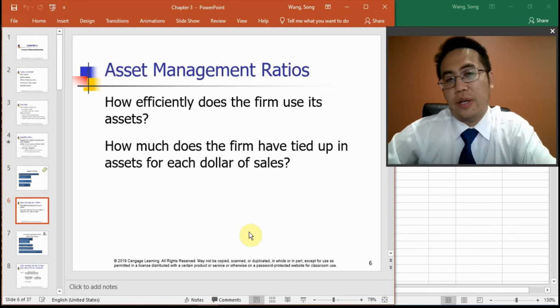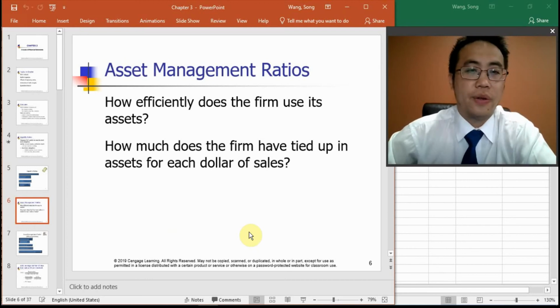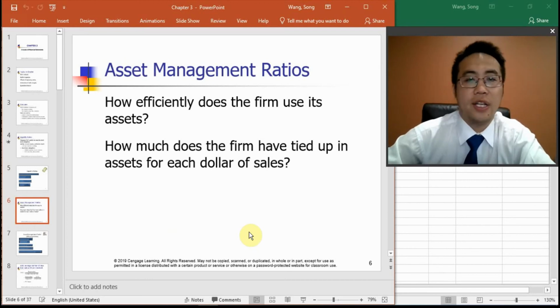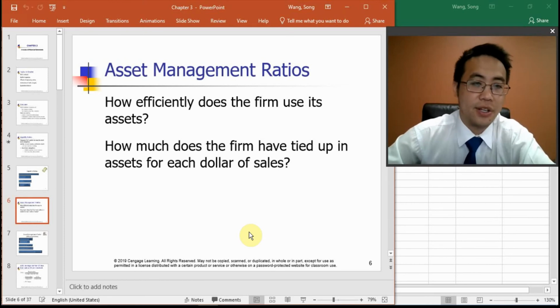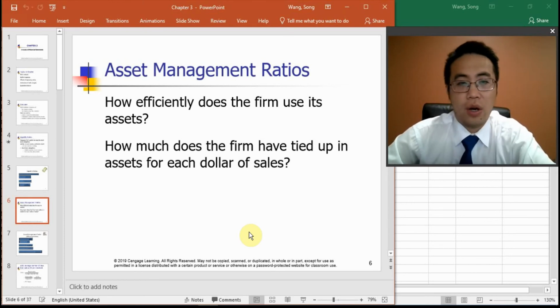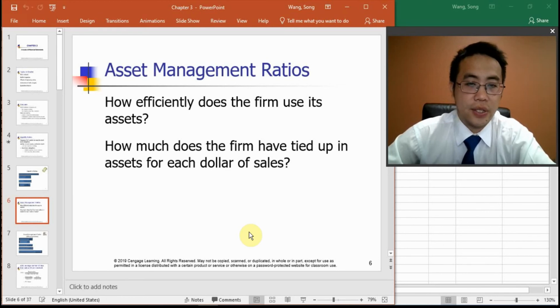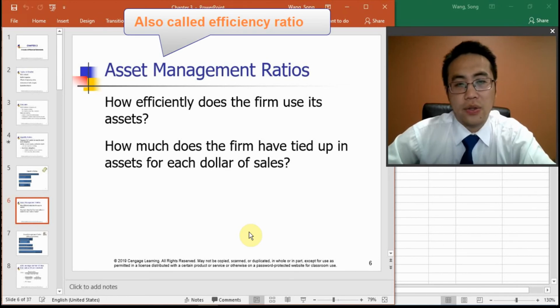The second category is called asset management ratios. That measures how efficiently the managers manage the team or utilize the assets. What are the assets utilized for? It's for generating sales. So it also tells you how much the firm has tied up in assets for